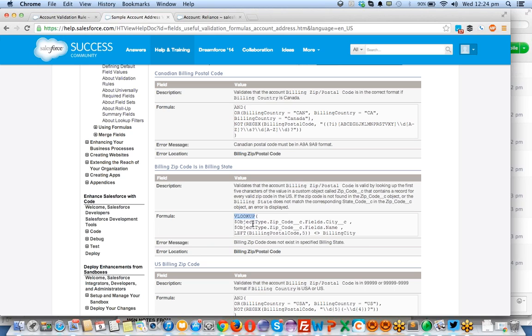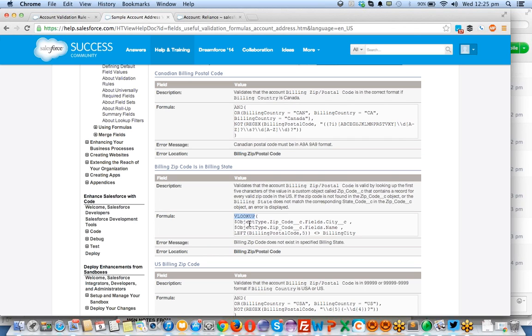What you are going to do is create an object and store all the zip codes and their specific state in a separate object. And you are going to refer to that particular object to validate whether this zip code is a valid zip code in that particular state. For example, some people will use a zip code of San Francisco, some small region inside San Francisco, and map the city as Seattle.